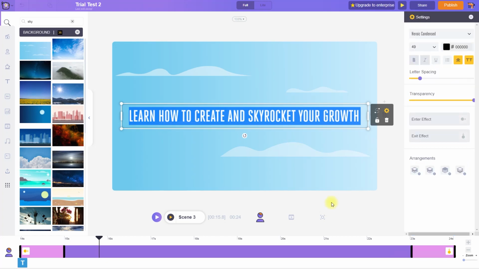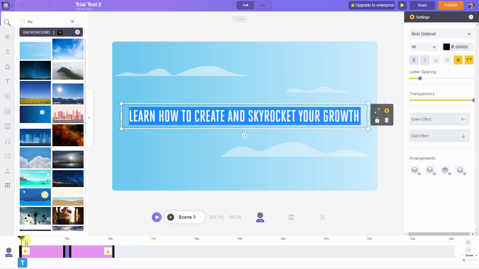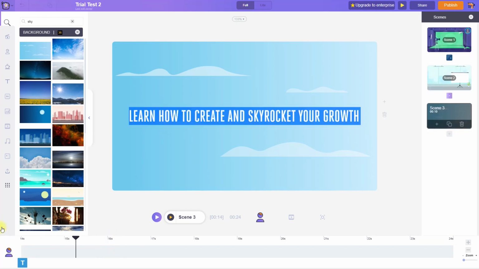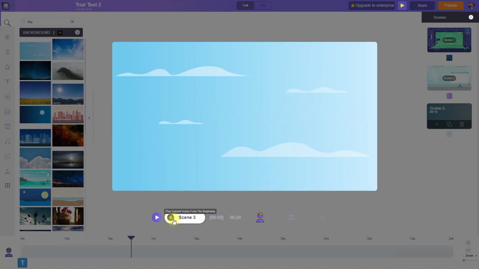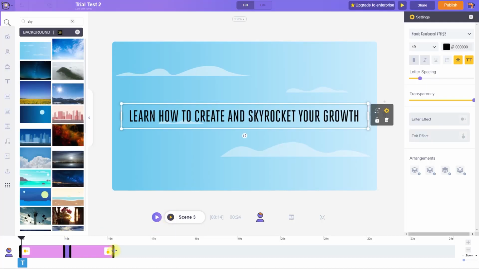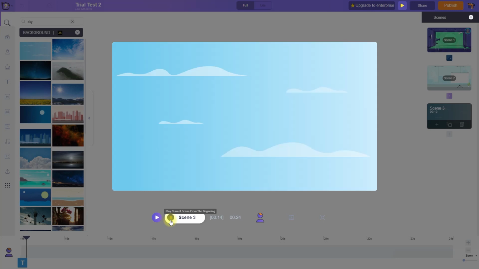I want my text to exit and the character to pop as soon as the text exits. So let's adjust the timing and reduce it to where I want my character to come. This text will appear on the 14th second. It will show till 15th second and then it will exit by 16th second. Let's play this to see how it is looking. Let's increase the duration of this text so it stays on the scene for a longer time and the audience can read it properly before it exits. Let's check it again. I think this looks good.